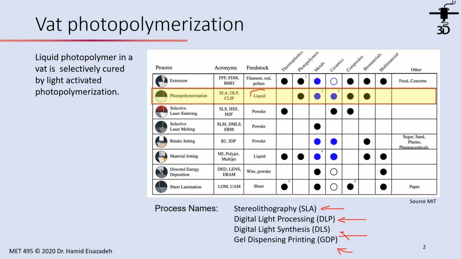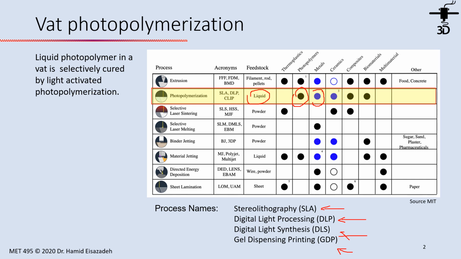And the feedstock, as you see in this table, is liquid. It works with mostly thermoset material, in this category photopolymer. We can use metal, ceramics, composite,